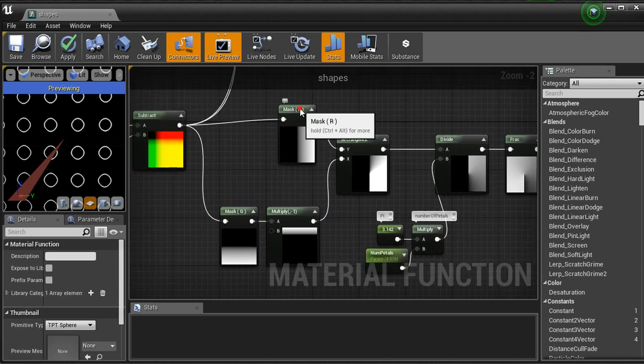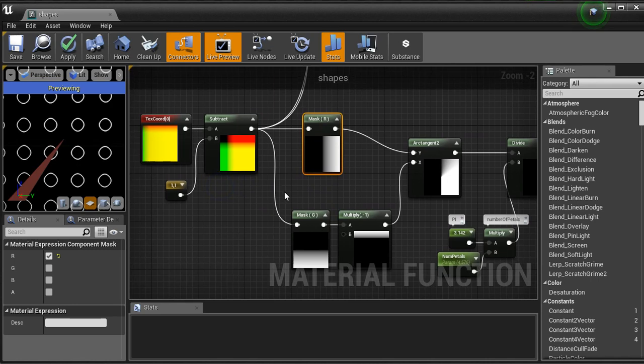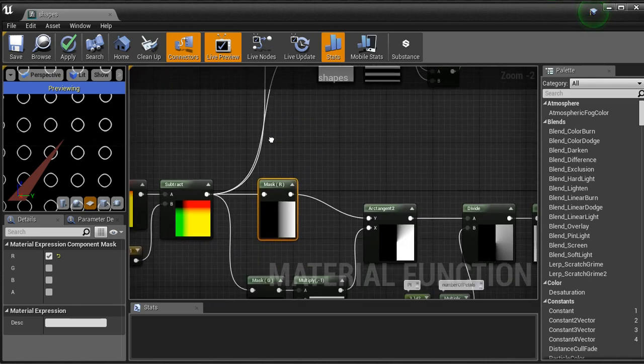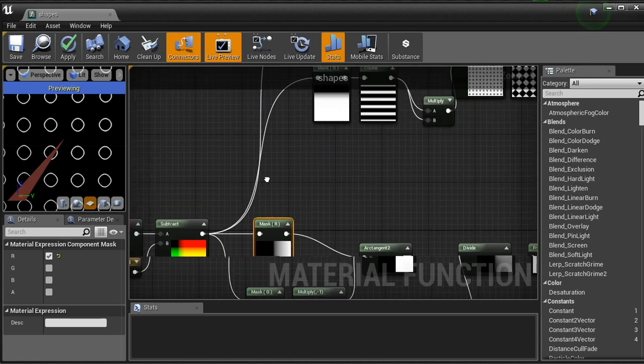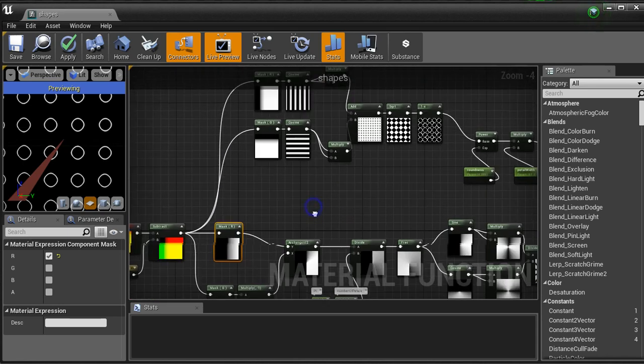So I need to recreate this to tile multiple times at this level, and that I think